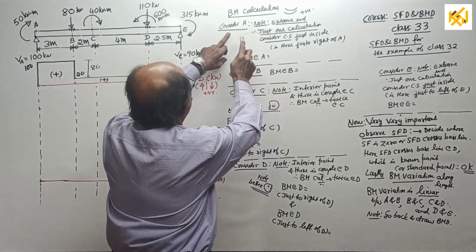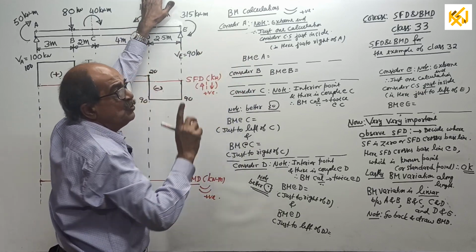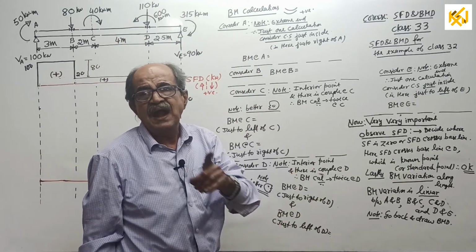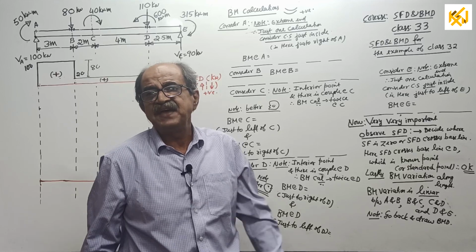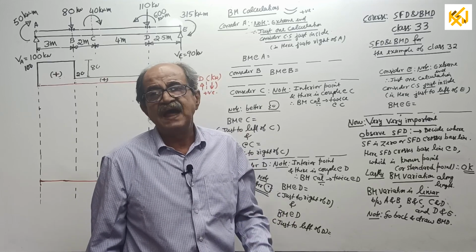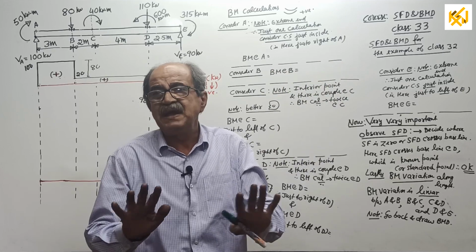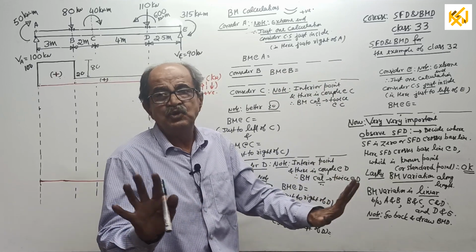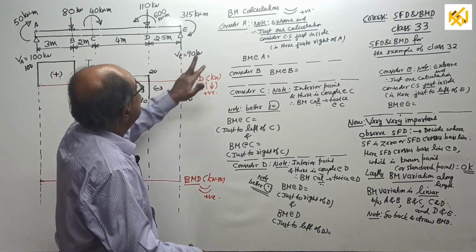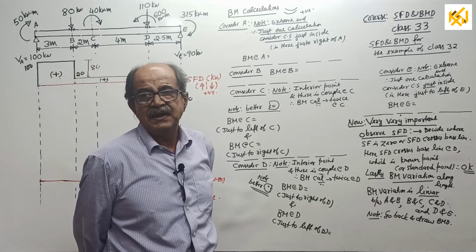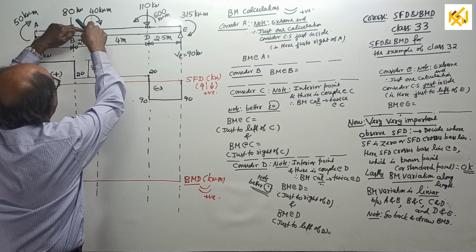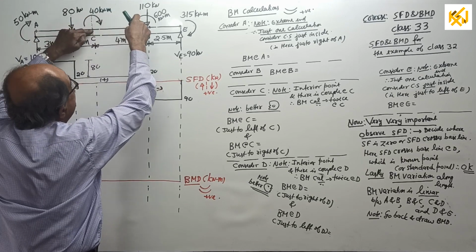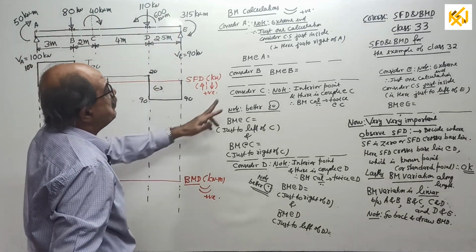See, what you have to do, I will tell you. First, find BM at all standard points. Sometimes you take a section XX and find BM, but that is for some basic questions, which will be covered later. In a general numerical problem of this type, you first find BM at all standard points. You already know A, B, and now C will come because a couple is there. D and E are standard points.